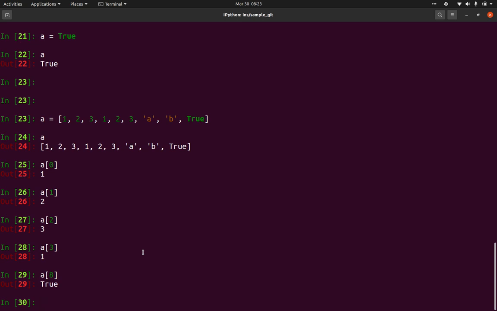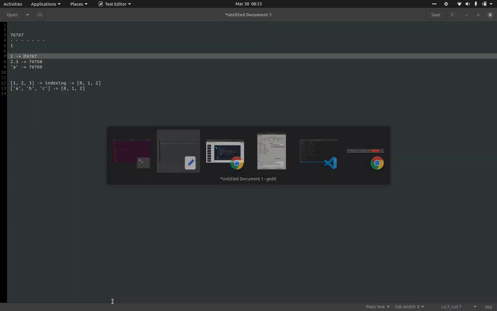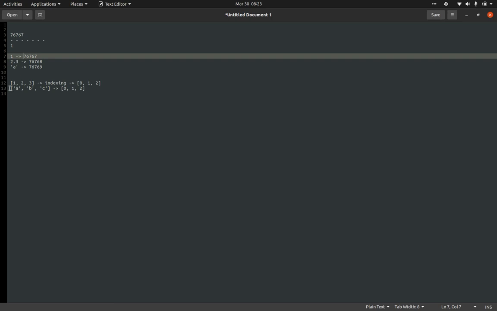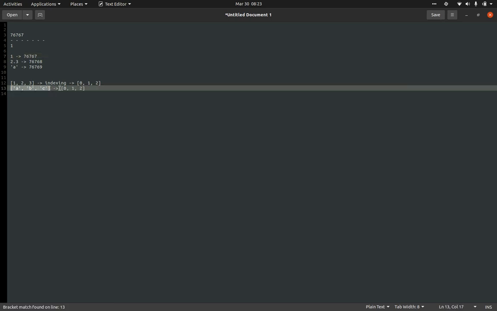Whenever you want to fetch data from the last, if you don't know the length, how will you fetch? If you don't know the length, you don't know this particular value. So to simplify this kind of thing, they developed negative indexing. How does negative indexing work? Here it is indexed from 0, 1, 2.